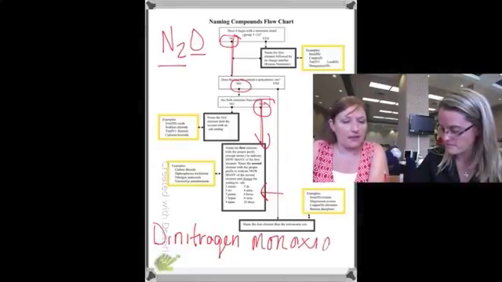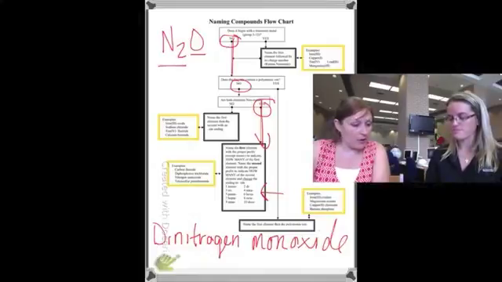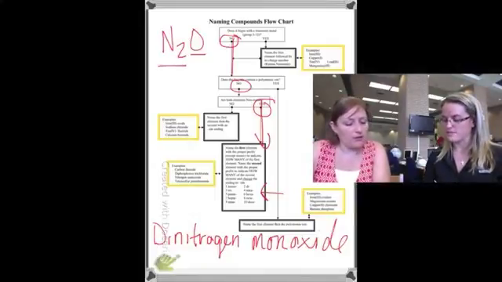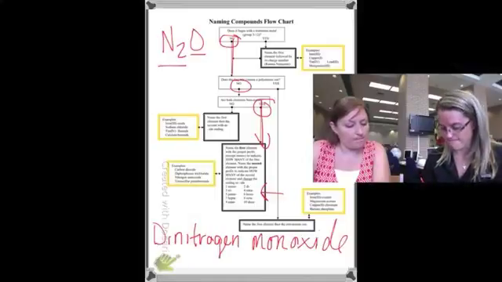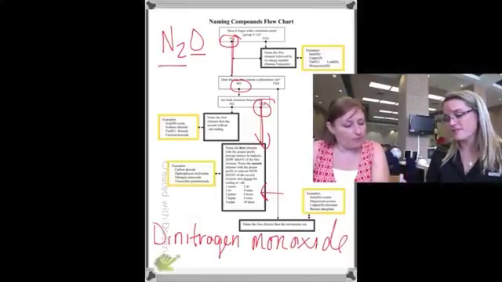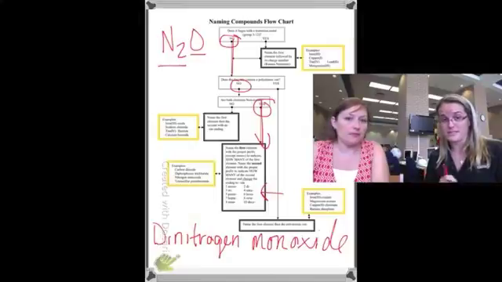Okay. Monoxide. Now, is it monooxide with 2 O's? Nope, just 1. Okay, because that would look kind of weird. Yeah, it would look kind of weird. Okay, so we just drop an O? Mm-hmm. All right. So now we've actually got 2 for you to pause and take a second to actually